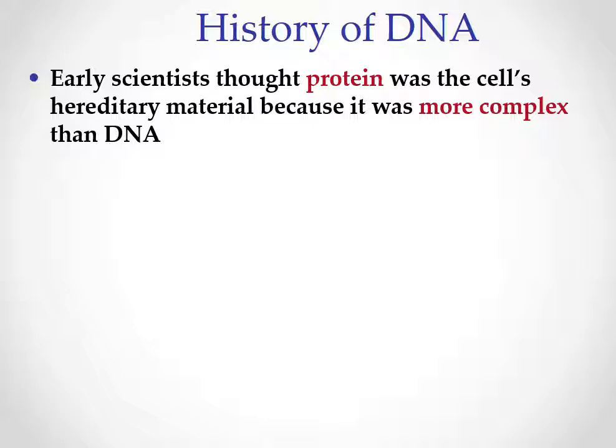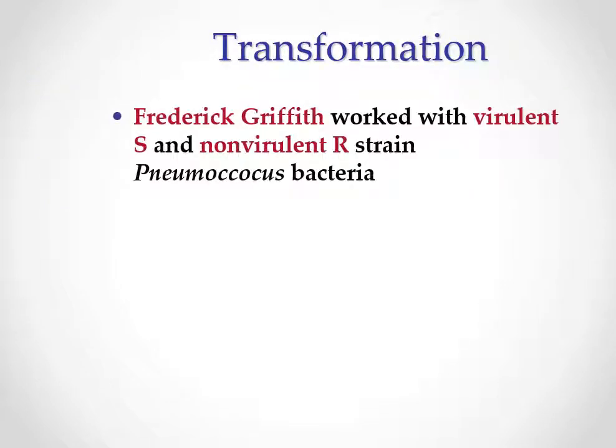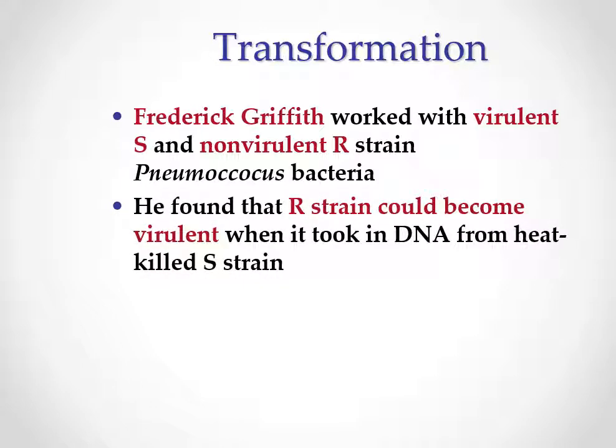So early scientists actually thought that proteins were the factor or the material that you gained from your parents. Because again, proteins are composed of 20 different amino acids in these long, huge chains. Well, what happened is we had a scientist, Griffith, that used two different strains of pneumonia. Okay, so you had R strains and S strains. So he noticed that the R strains could be